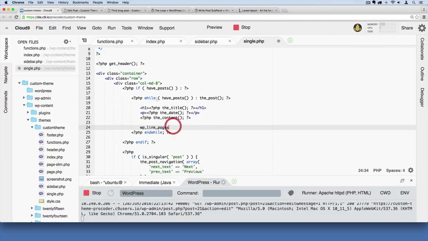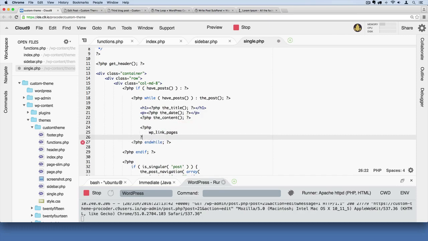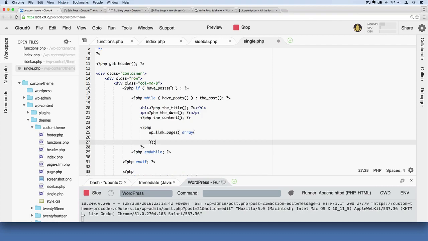So we're inside of the loop here, inside single.php, and we need to add this function in. We're going to add our PHP tags first, tab that inward, and add our closing PHP tag right here. Then right here, we're going to say, in parentheses, an array will go inside of it. Hopefully you're getting used to this pattern of putting arrays inside of these functions. Then over here, we're just going to write out some code. We're going to say before